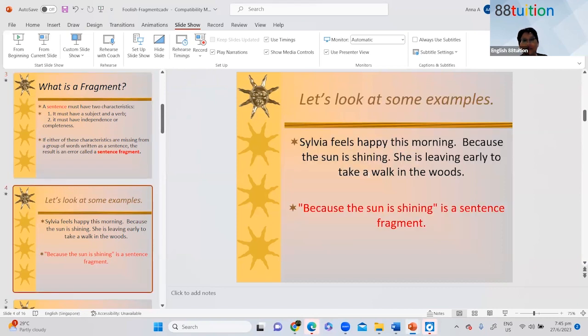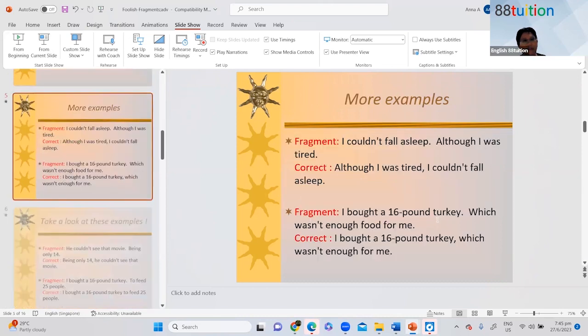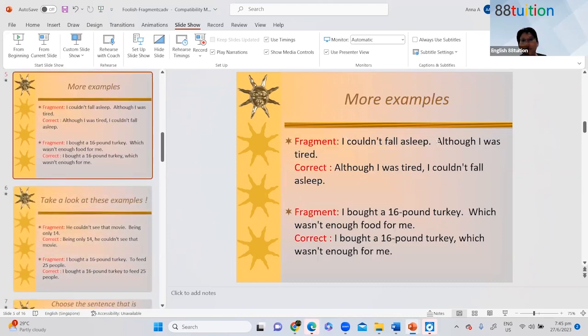It must have independence or completeness. So for example: Sylvia feels happy this morning because the sun is shining. This is a sentence fragment. I said, what's that? Hanging sentence. She's leaving early to take a walk in the woods. So because the sun is shining is a fragment. Meaning the sentence is incomplete. Are you clear? Like for example, I couldn't fall asleep, although I was tired. Although I was tired, I couldn't fall asleep, right? Another one. I bought a 16-pound turkey, which wasn't enough for me, right? So